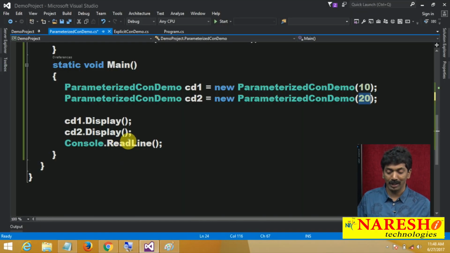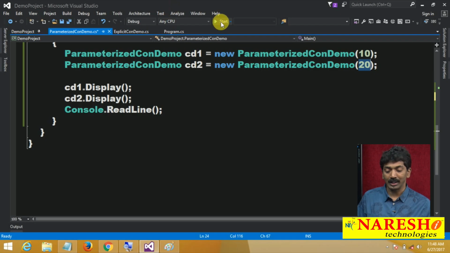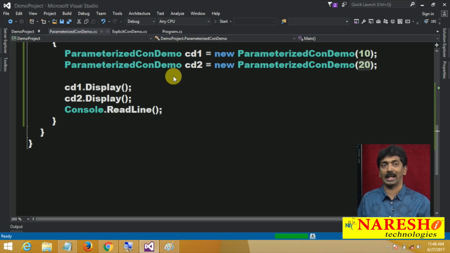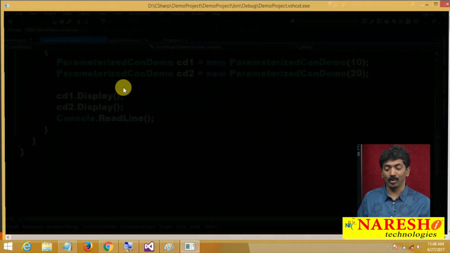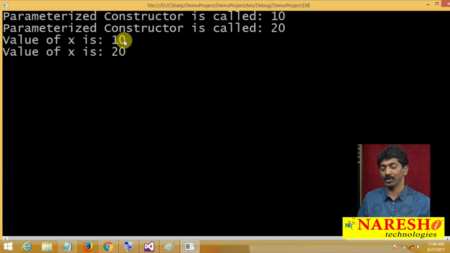So when I call the display method, because you are calling cd1 dot display, it will print the value associated with cd1, which is 10, and in the same way the value associated with cd2 is 20. So the display method will not print zeros now, it prints 10 and 20.